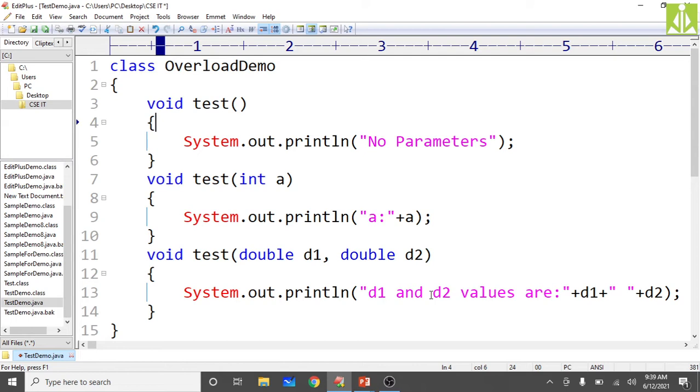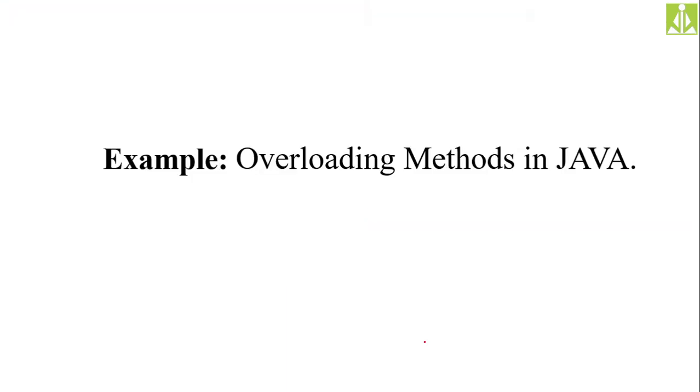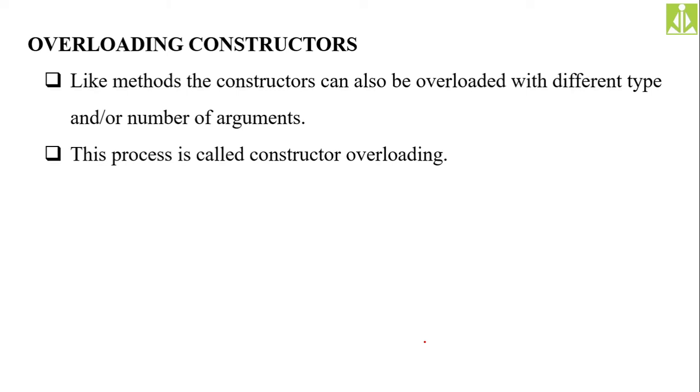It is an important concept for your external exam. You have to remember this one. So our next concept, after method overloading, is constructor overloading. As we discussed, constructors are similar to your methods. They behave similarly to methods in many properties.